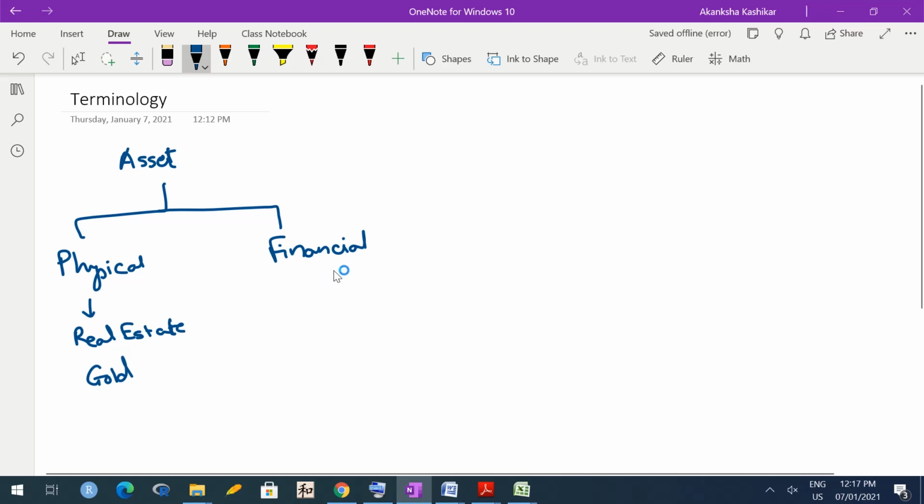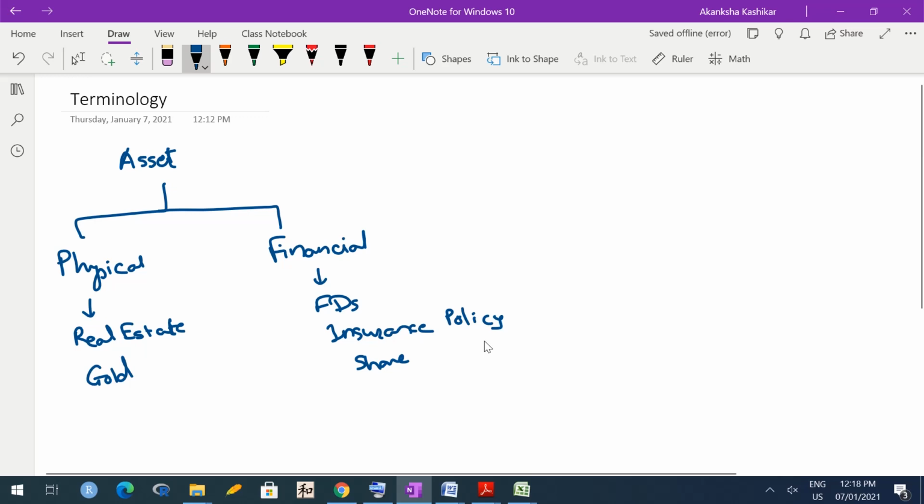On the other hand, financial assets, they are not physical objects. They can be say something like FDs or insurance policies or shares of a company. So you don't have any physical thing, but still they are worth something. So FDs, when they mature, they are going to give you money, or you can break an FD and earn money. Insurance policy, for example, if you have an endowment type of insurance policy, means an insurance policy which pays you if you survive for say 10 years, then it's like an asset because at the end of 10 years you are going to get money.